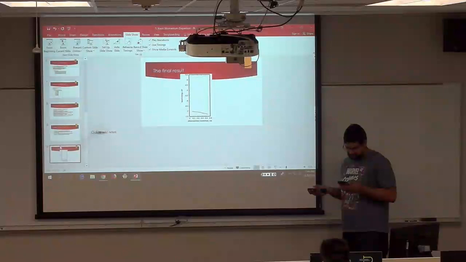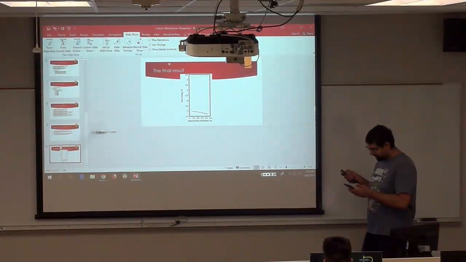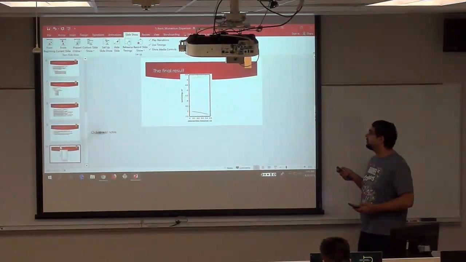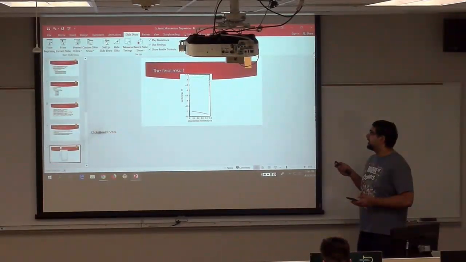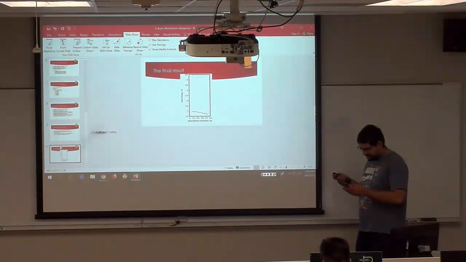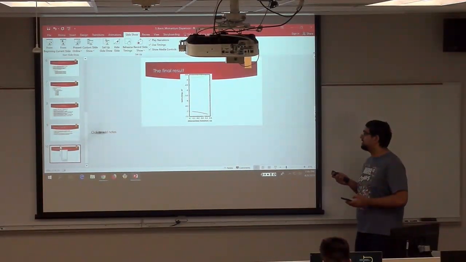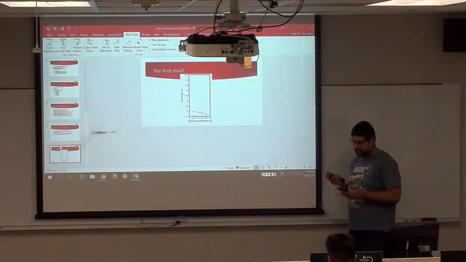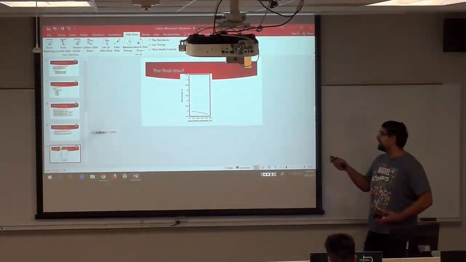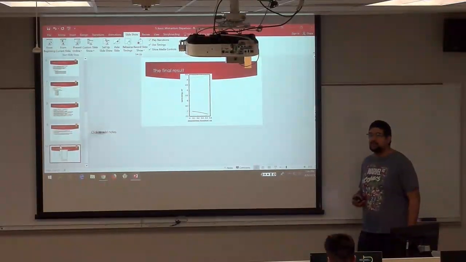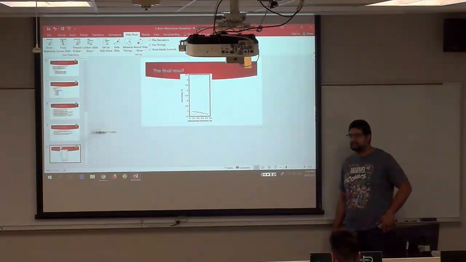Let's see. Okay, so the top part of our graph, that's our LUMO orbital, our lowest unoccupied molecular orbital. This is the graph for that, and then our lowest graph is our HOMO orbital, our highest occupied molecular orbital. All right, so this is our conclusion, and that concludes my talk. Thank you. Okay, thank you.